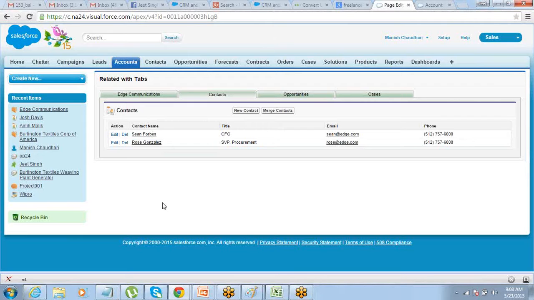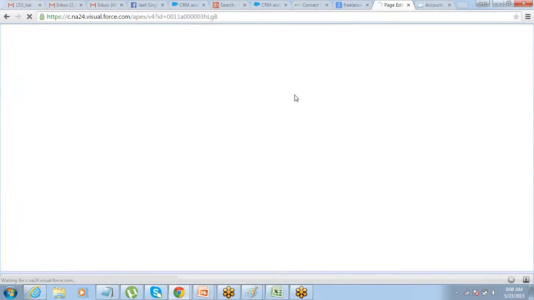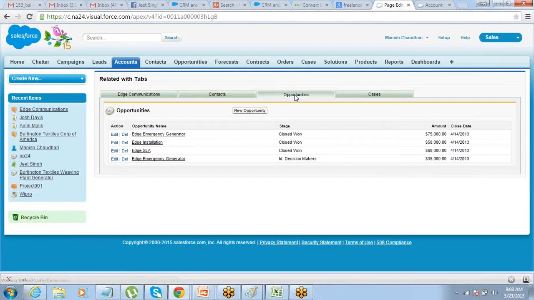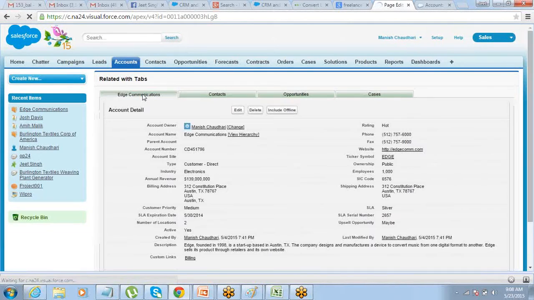Now there's one problem still there which needs to be addressed. The moment I click on a particular tab, it takes a bit of time and the entire page gets reloaded. If I click on this, the complete page gets refreshed and it takes time to move from one tab to the other.